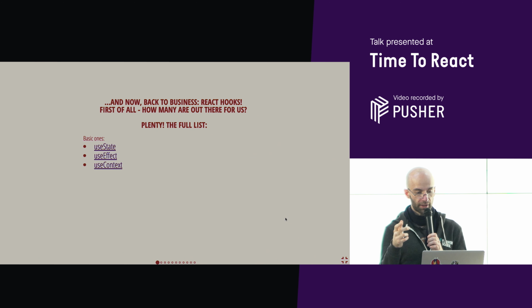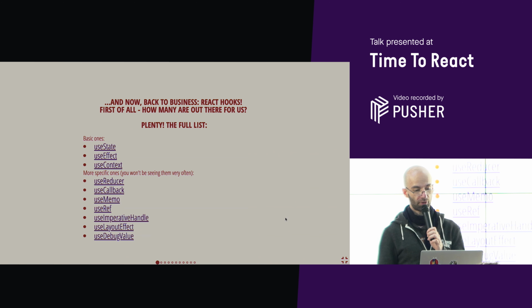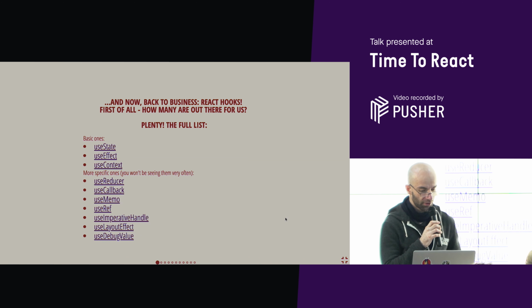useState, useEffect, we're going to see those. useContext, which I strongly recommend. If you are already familiar with the new context API, I think using the useContext hook is a very good use case. They are both pretty recent, so you might start putting them in your code like that. And there are a few more, a dozen or so all in all.